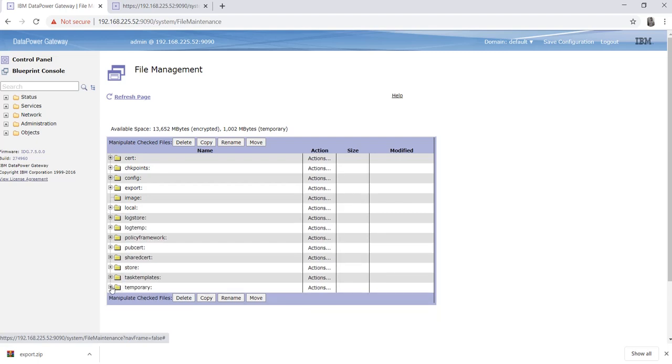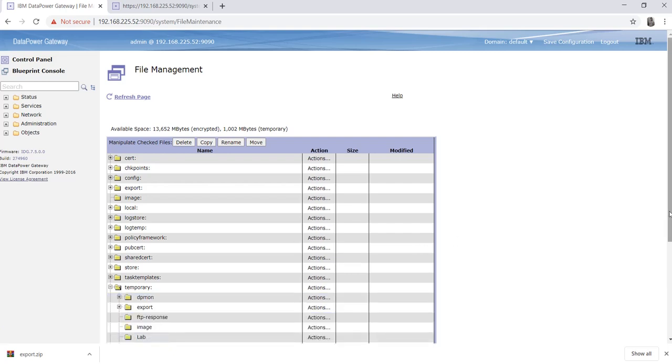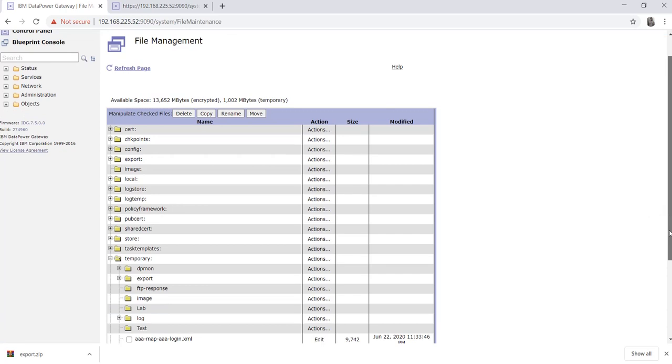And last is the temporary folder. If you are performing some task, like generating error reports, performing a packet capture to troubleshoot issues, or creating some CSR files, all these files will be created under the temporary folder.